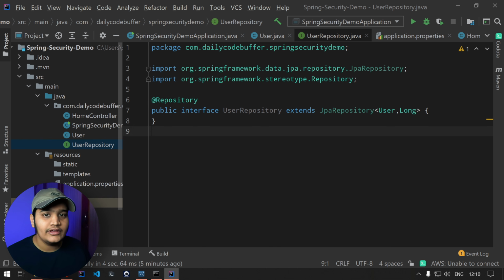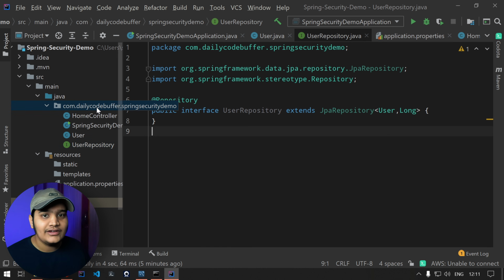Now what we have to do is leverage Spring Security, so that Spring Security will be doing the authentication for us, and we have to configure it. We have to provide the details to Spring Security so that it can understand that from here we have to fetch the user details, and from here we have to authenticate. The rest of the things will be handled by Spring Security itself. So let's go ahead and do that.